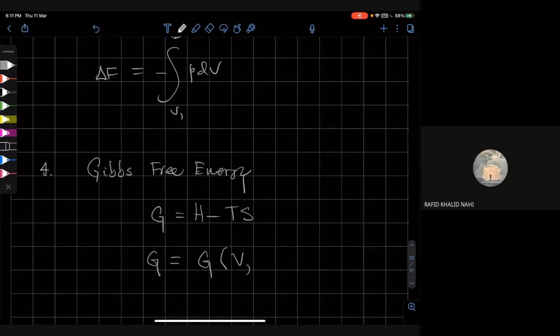And remember that H was a function of S and P, right? And now that we are subtracting from it T times S,